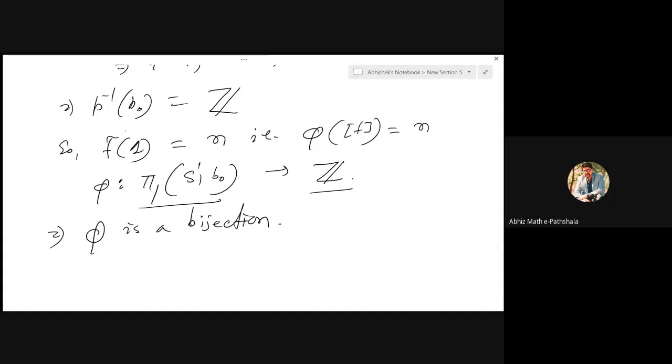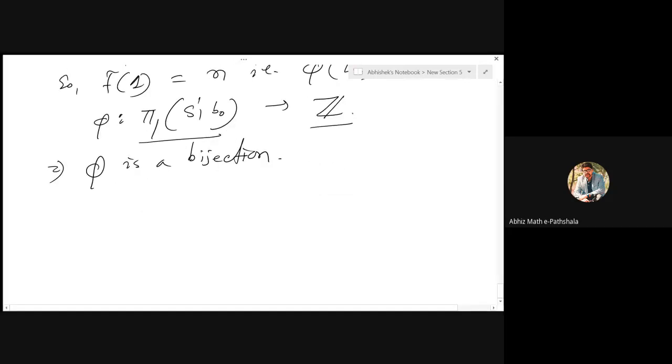Okay. So how to get this? To check that phi is a homomorphism, you need to take two classes. Suppose one is F and another one is F star, based at b naught. Now, if you denote,